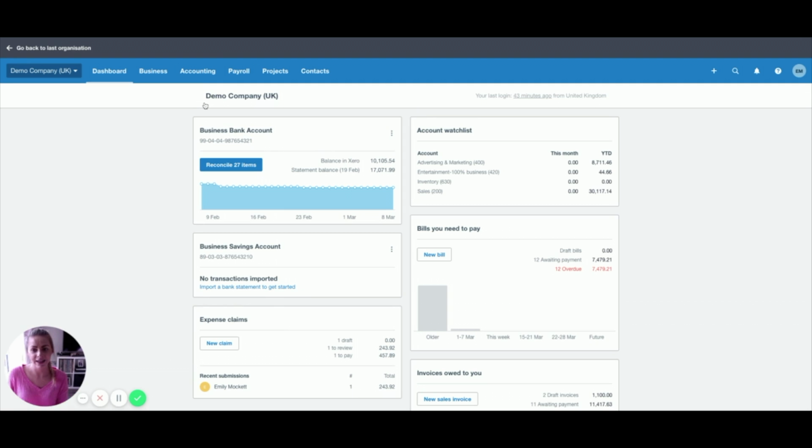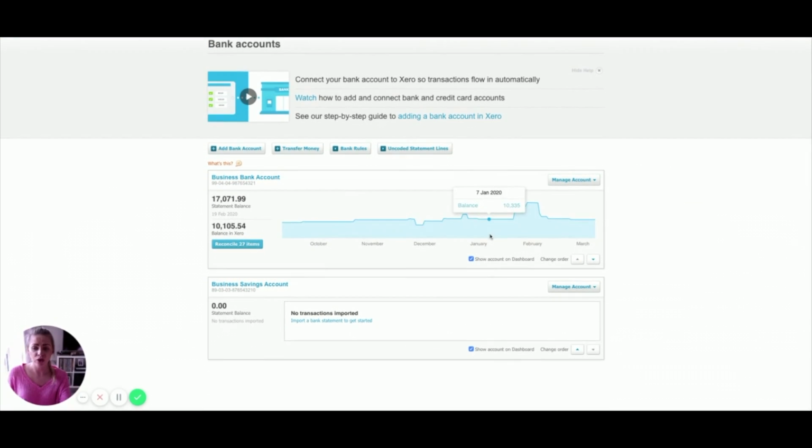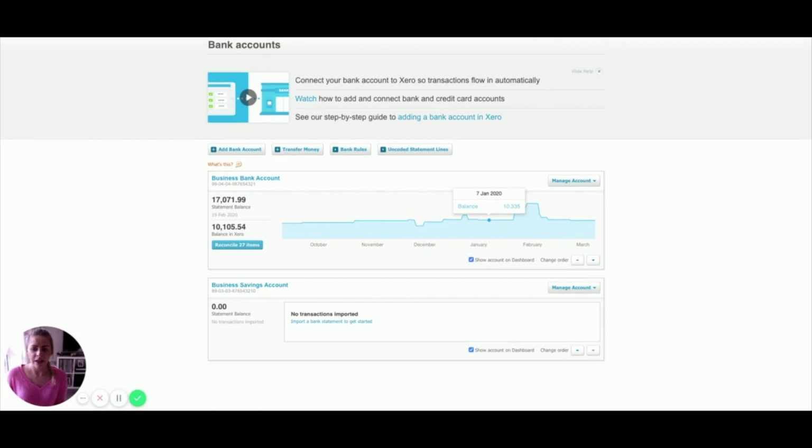clicking on Bank Accounts. Now, again, like QuickBooks, there are two connections that you can have. The first being that it's a direct connection with Xero. So what we see here is we have a statement balance, and that is normally a sure sign that there's actually a bank account connected to Xero directly. So this is pulled in directly from the bank account that's been linked, and then you can see on the